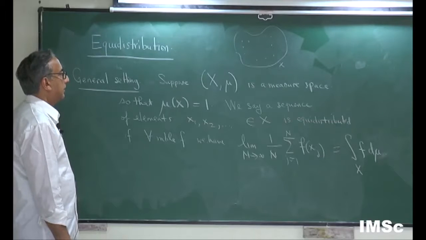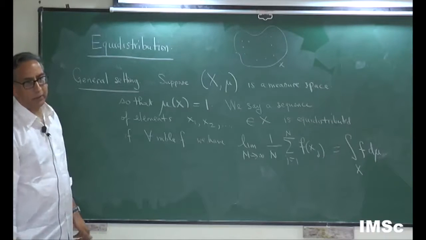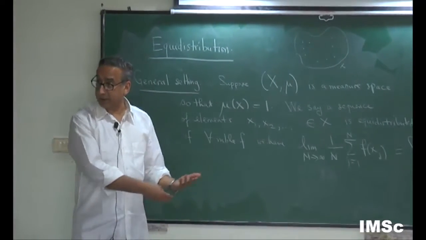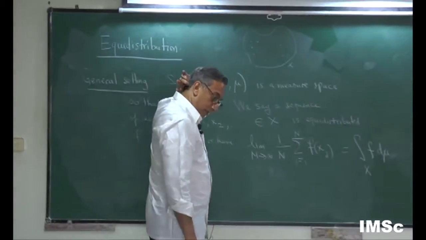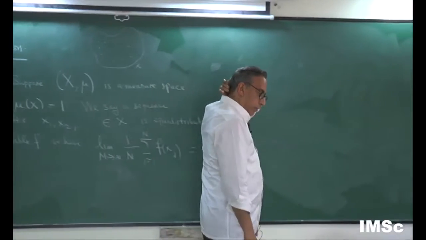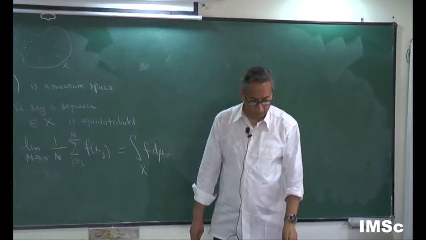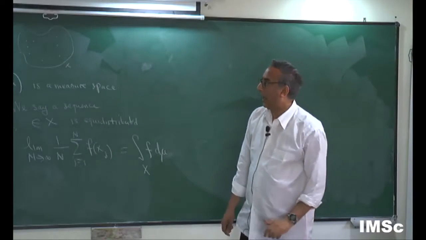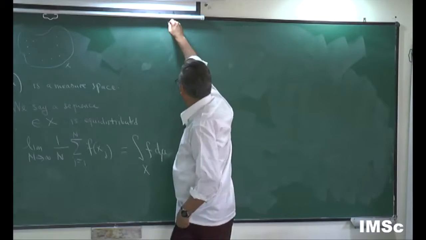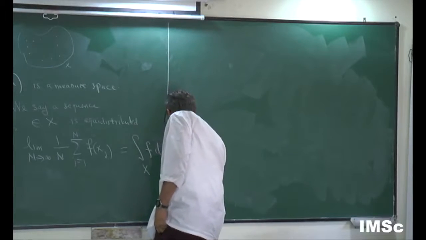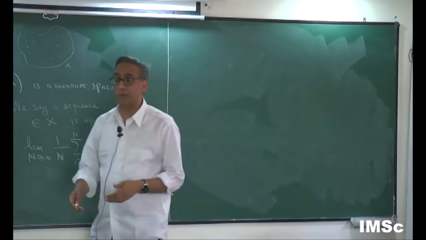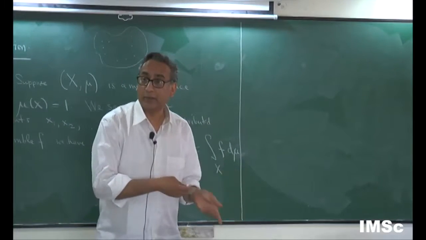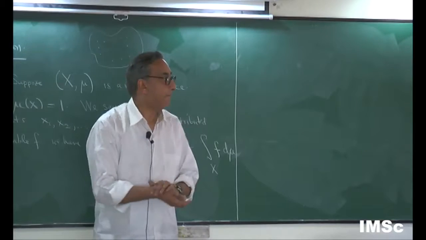Now it turns out that in some cases of questions of equidistribution, I give you a sequence and I ask you, is it equidistributed in this space? Sometimes the questions of equidistribution can be changed to questions about zeta functions. Okay, and I will try to outline how that works. And sometimes questions of equidistribution cannot be changed into questions of zeta functions. So I'll try to give you an example of both today.